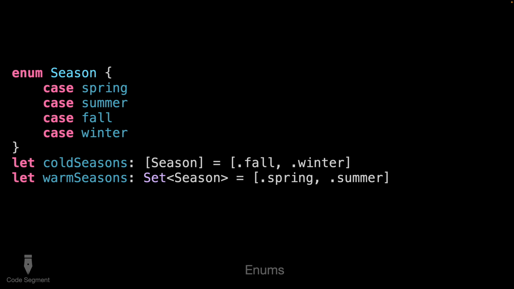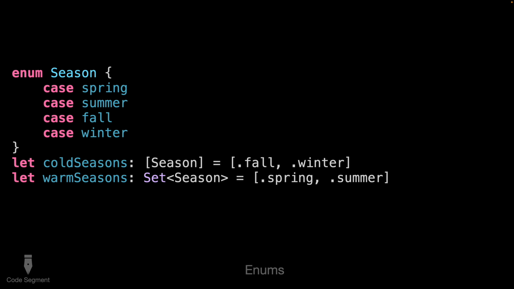So it's basically just a way to delineate between different cases, right? So a variable that is one or the other, right? It's one of these things, basically. So if you have a variable that is a season, it is a spring, summer, fall, or winter value, and that's what's in it. So the cool thing in Swift with enums that's a little different from other languages is